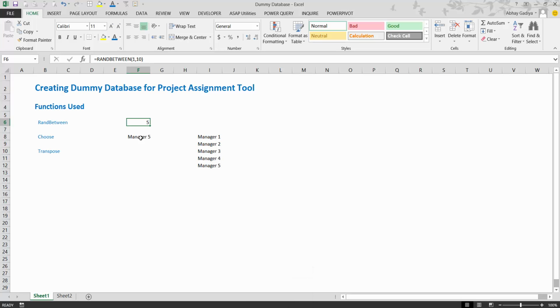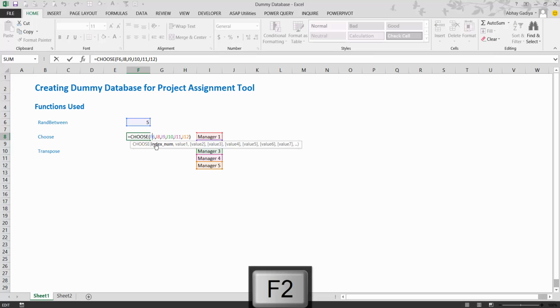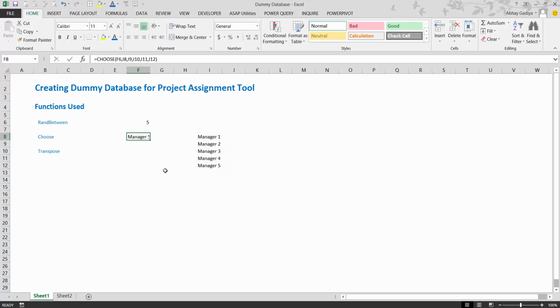Based on the number you have specified in the first parameter, the index number, it is selecting the name of the manager from the list which you have specified in the values over here. As of now you have seen that I have selected all the managers' names individually, but it will be very time consuming if I have to test the data with a large volume of fields. If there are 10 managers or 20 managers, it will be very time consuming to select all of them individually. So we will be using a TRANSPOSE function for that.